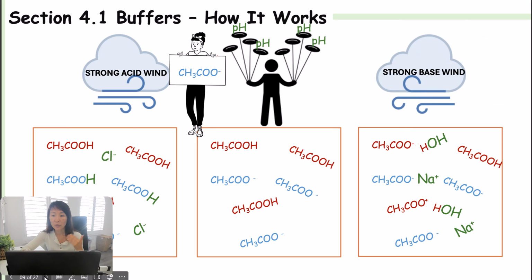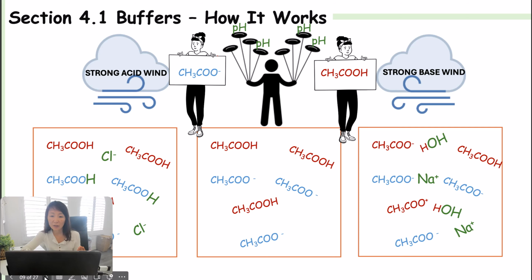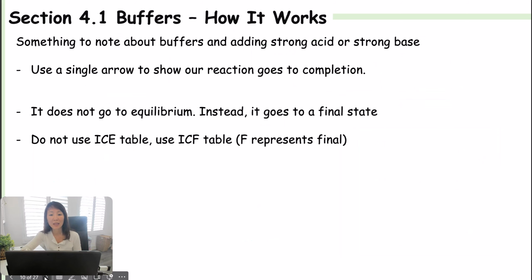Whereas if there was a strong base wind to knock down the pH, then there is your trusty assistant, the acetic acid, or the weak acid, that prevents the pH from increasing drastically. So something to really note about buffers and adding strong base or strong acid when we do some problems: